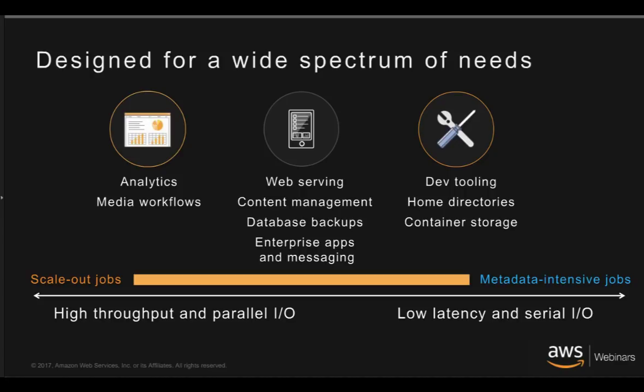EFS is designed for a wide variety of workloads. It really is designed to serve a wide spectrum of needs, whether it's in terms of high throughput and parallel I/O needs on the one side of the spectrum for applications like big data analytics and media workflows and so on, or it's the other end of the spectrum where the application needs are around low latencies and serial I/O operations that applications perform. So examples of applications at that end of the spectrum are developer tooling, home directories, container